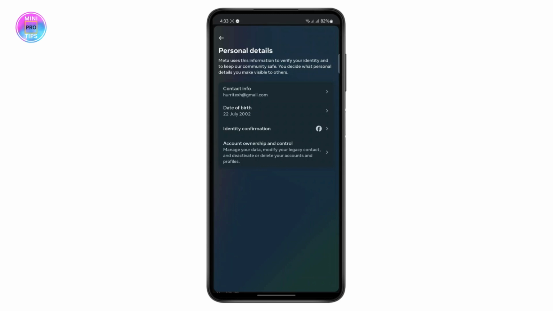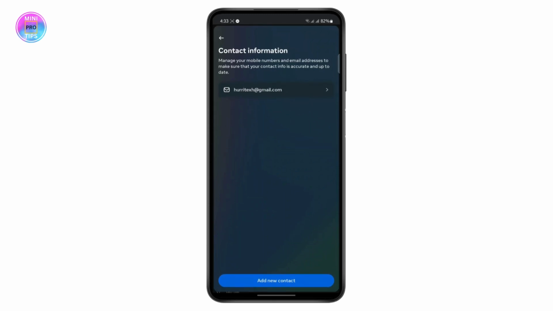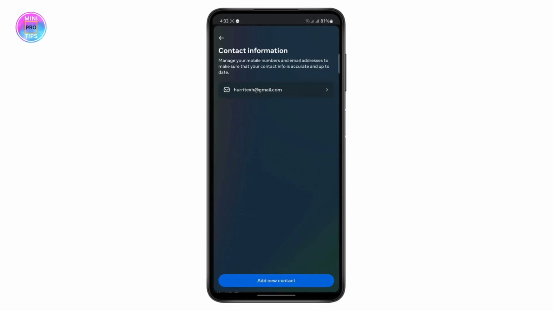Now just tap on contact info. If you have already added a phone number and want to replace it, you can just add another contact and delete the previous phone number, so your phone number will be displayed right below your email. I have just added my email, so to add your phone number, what you can do is tap on add